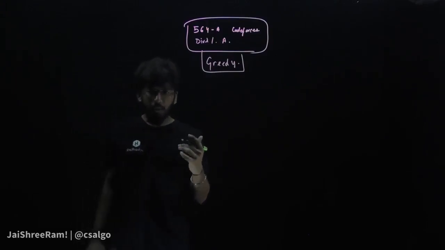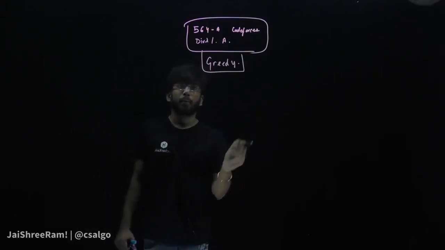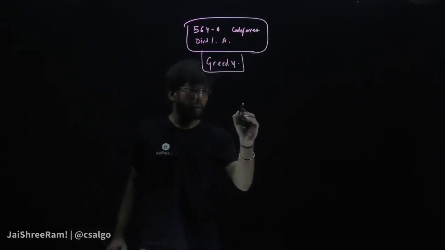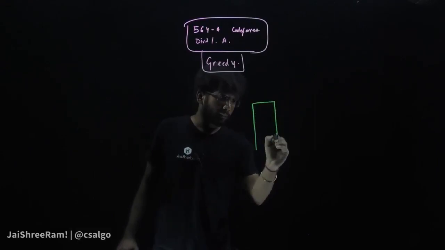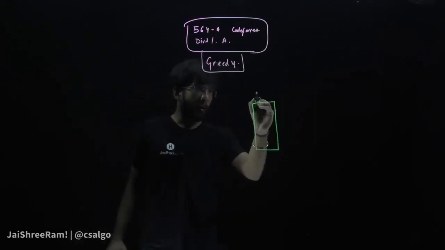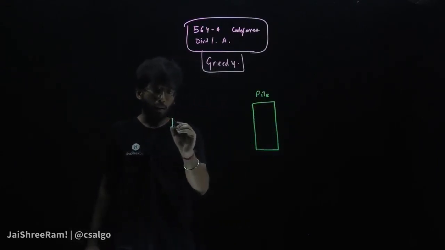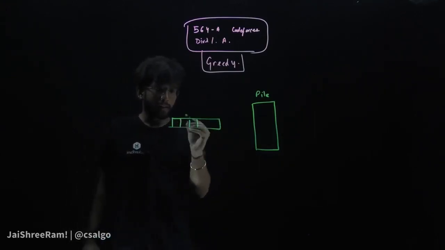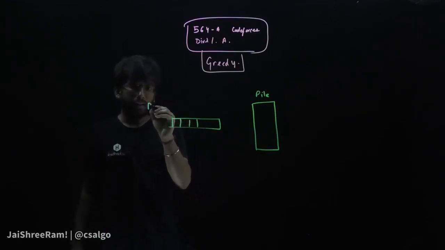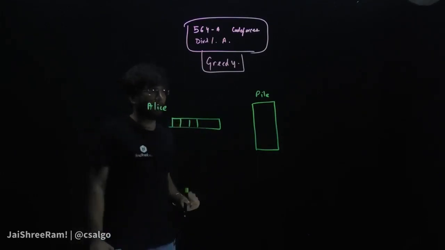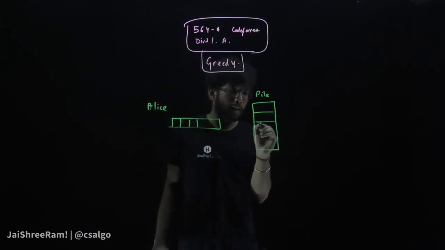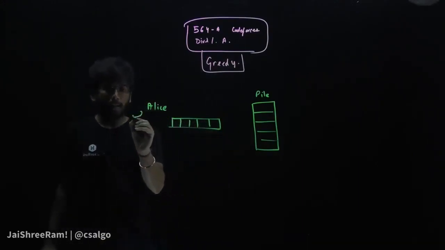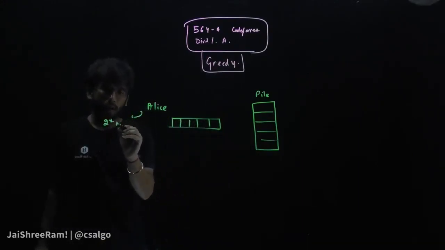The question is something named Nowhere and cards. I don't know whether I'm pronouncing the name correctly. So we have two piles actually. One is a pile and one is a set of cards that a girl, let's name the girl Alice, has, and this is a pile. Now there are actually 2 into n total cards